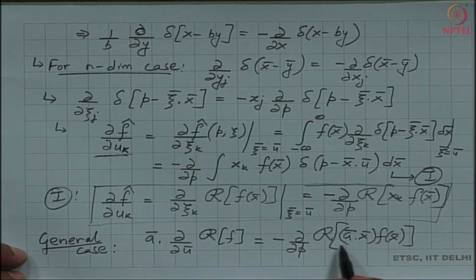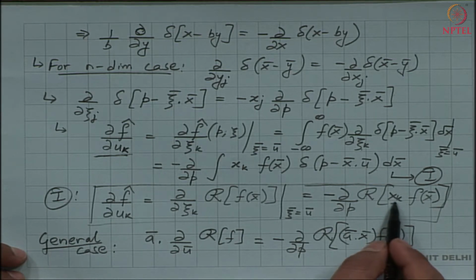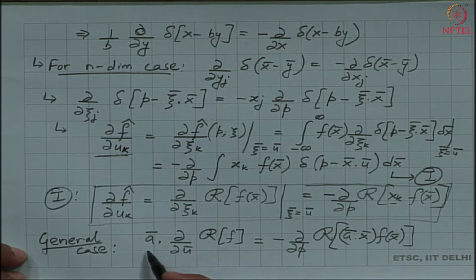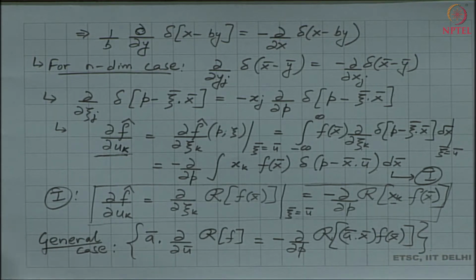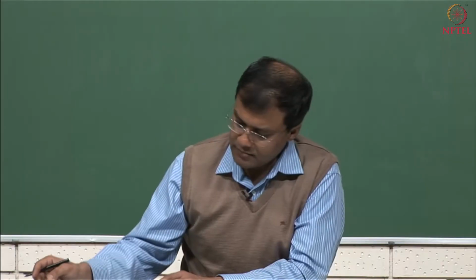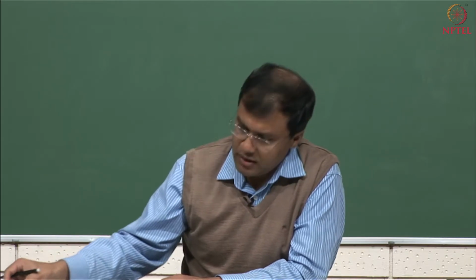Okay. So, we see that in a dot x, if a is i hat, I get the corresponding variables in the respective directions. So, if a is i hat, on the left hand side I see that the derivative is with respect to x, and on the right hand side this dot product is reduced to the variable along the x direction. Okay. So, the specific cases follow from this general result. Then let me look at higher order derivatives.